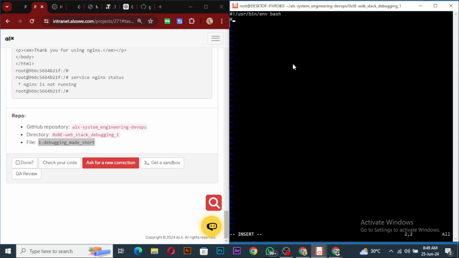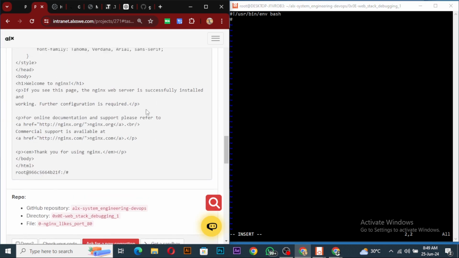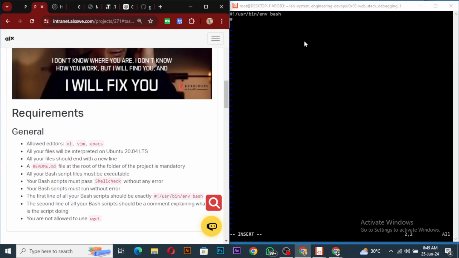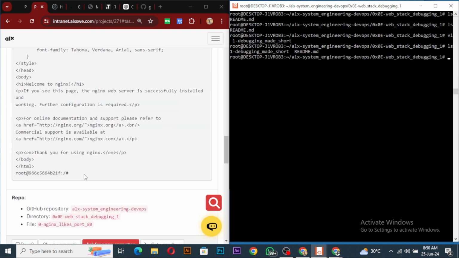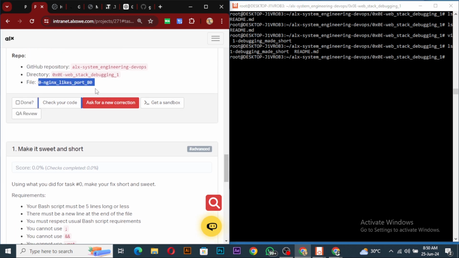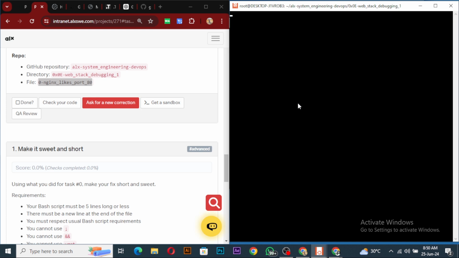So what are we told to do here? Sorry, I think I'm doing it for the wrong one. Let me see. ls. So I'm supposed to create it for this one over here, zero. What's going on? Nginx. So vi this, yes. So shebang /usr/bin/env bash, and then